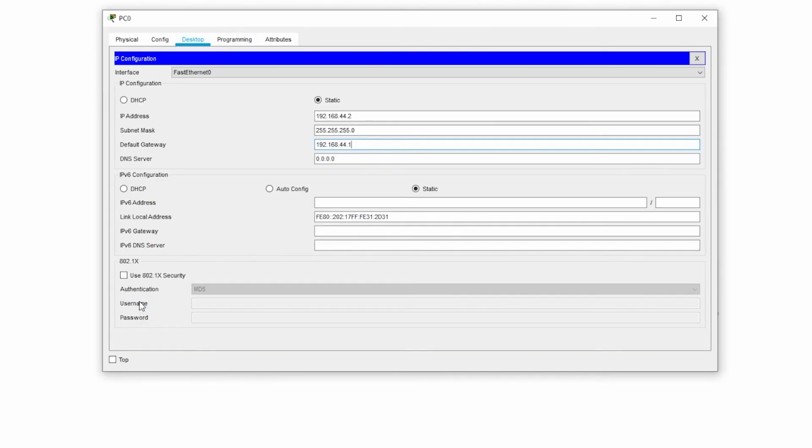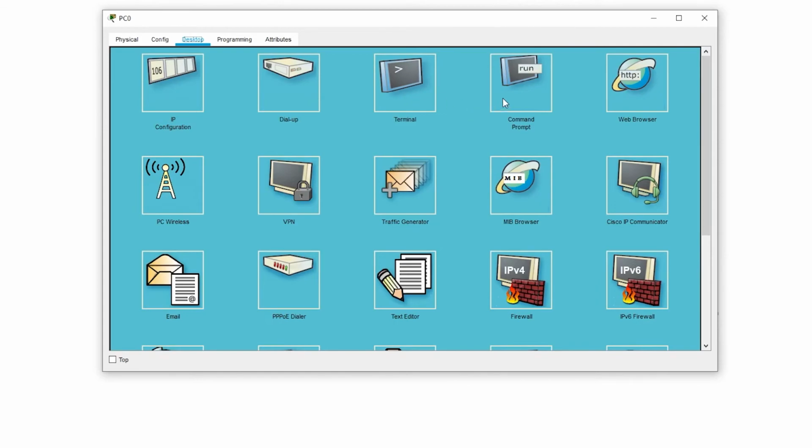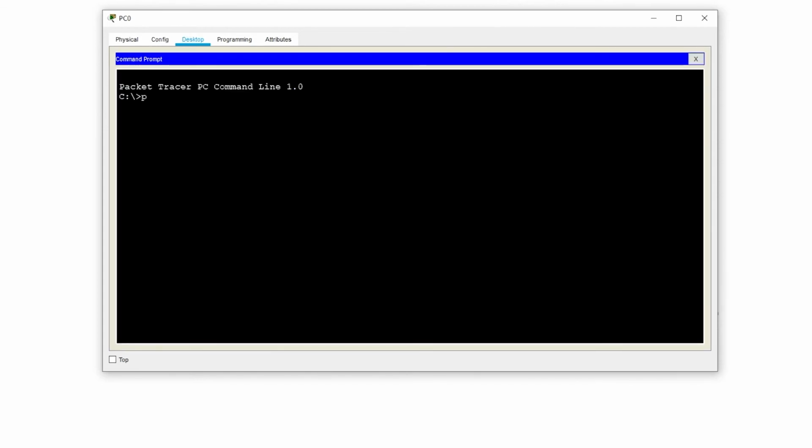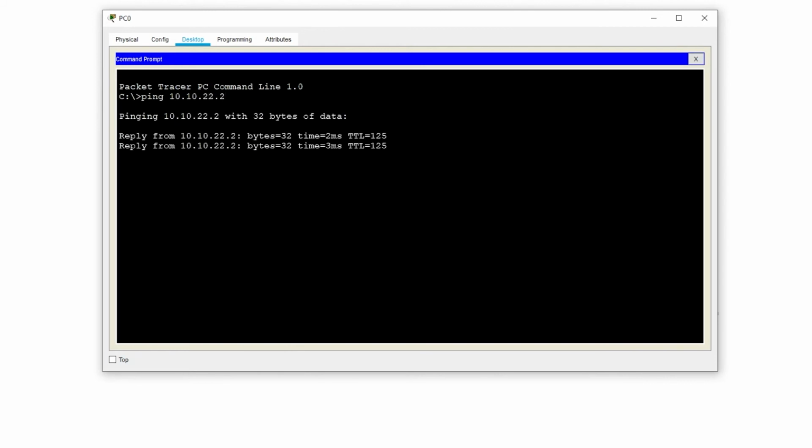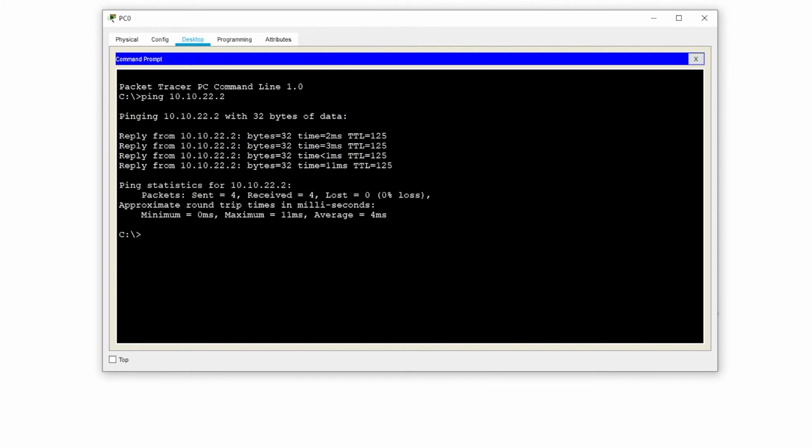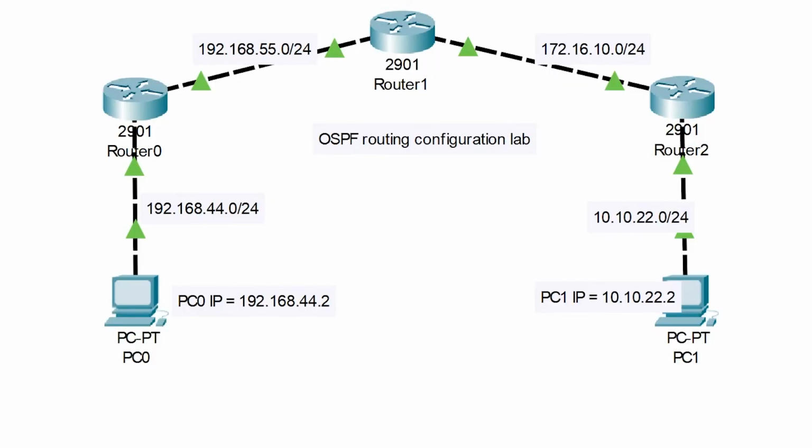And now we can go into the PC. I'm going to close this. Now we're going to ping 10.10.22.2. You'll see we get replies. Before we configured EIGRP, it would not have worked.